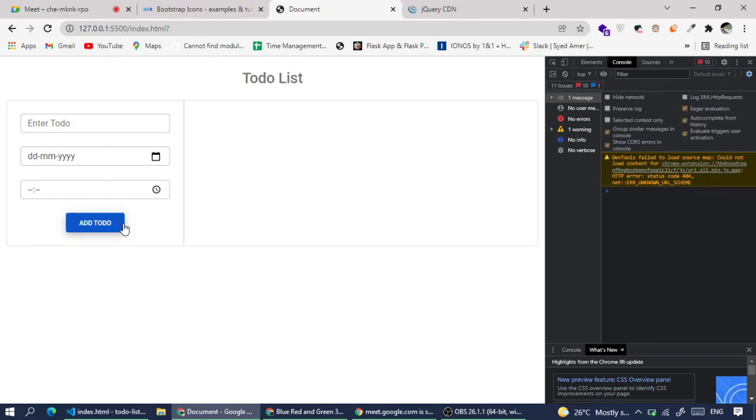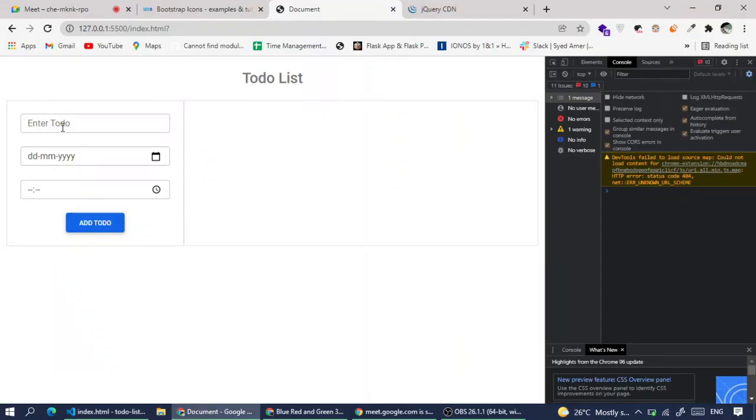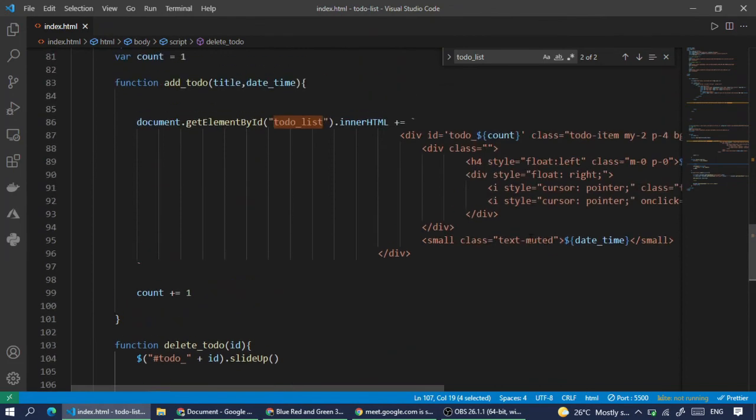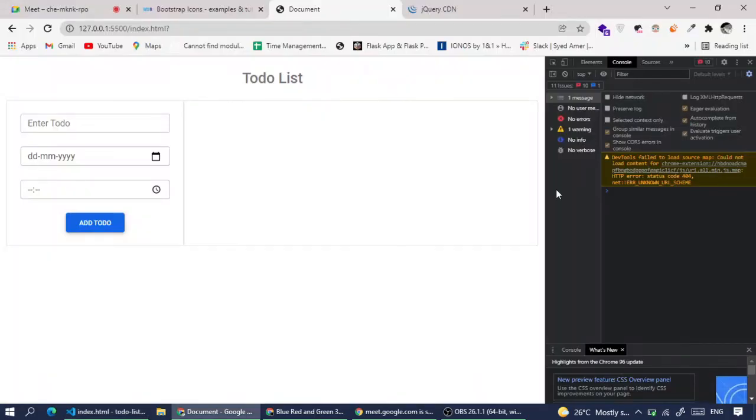So what we can do for editing is we can create another form for editing, or we can use the same form for editing. But to keep it very simple, I'm going to remove this edit functionality. Let's focus like on one functionality at a time. And let's see here. Now we are able to add it and delete it, right? So I don't want to make it complex for you.